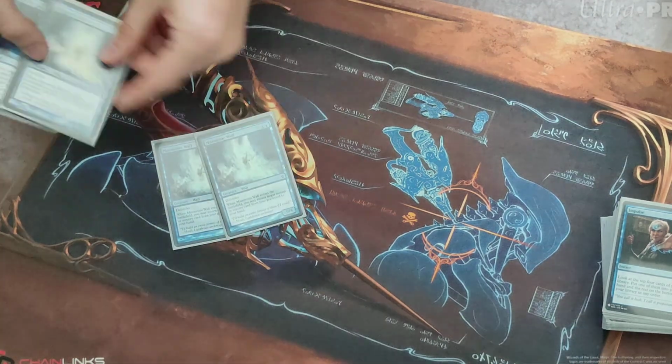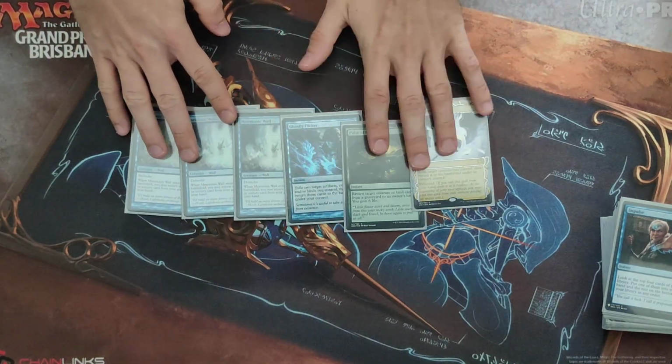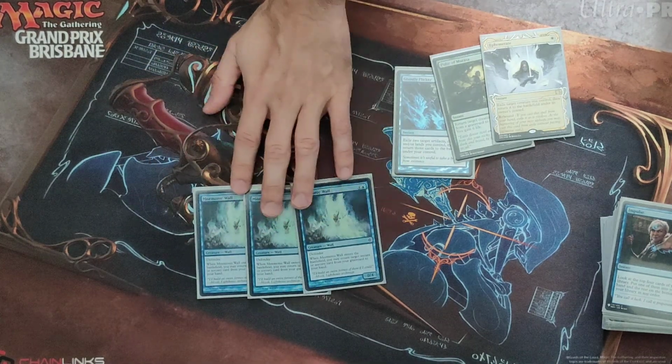3 Mnemonic Wall, 1 Ghostly Flicker, 1 Pulse of Murasa, 1 Ephemerate. So I always like playing 3 Mnemonic Walls. Some people play 2, but